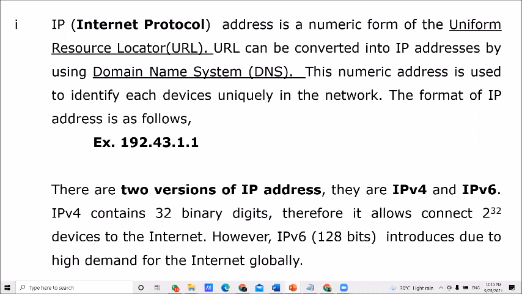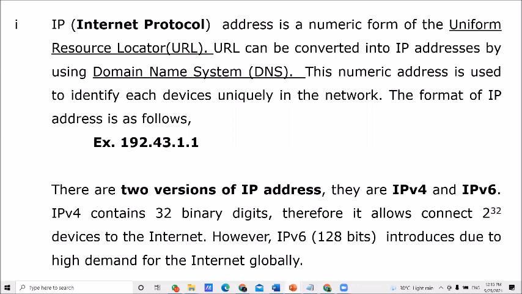In the bottom part, it gives the types of IP addresses. There are two versions, IPv6 and IPv4. What is the difference? In short, you can say IPv4 is 32 binary digits. That means it allows to connect 2 to the power of 32 devices.